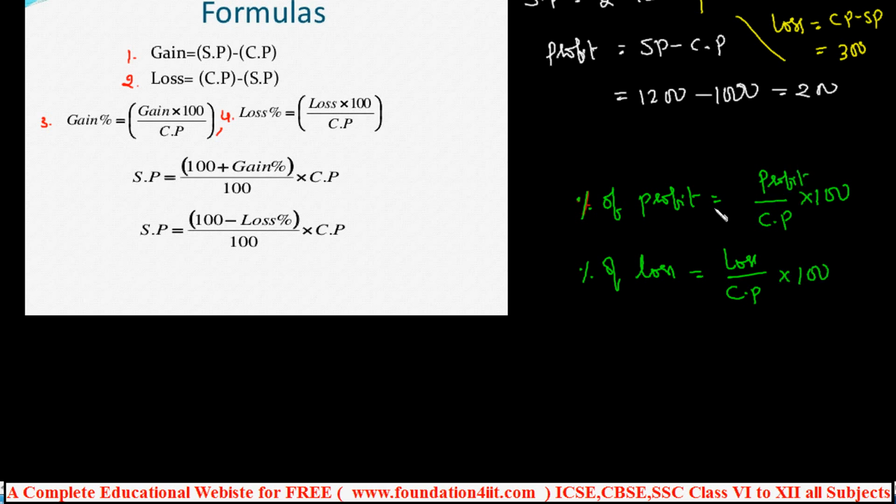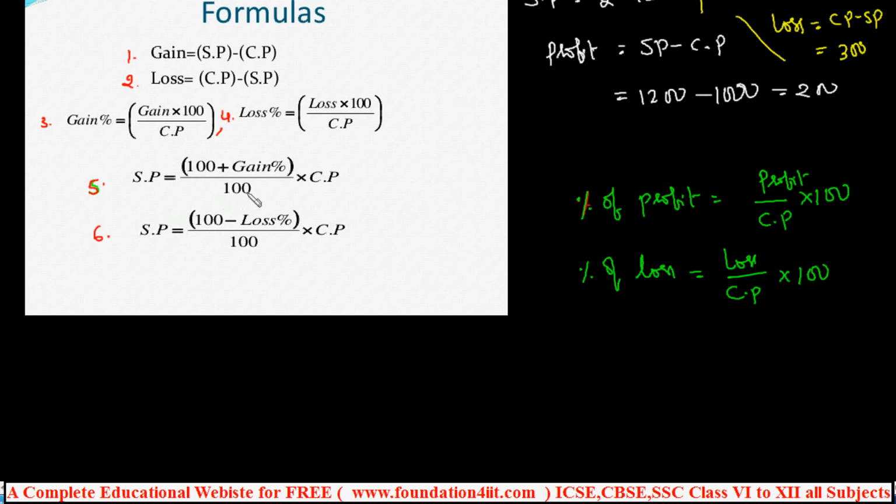Even to find out the percentage of profit or percentage of loss, the cost price must be the denominator, because based on the cost price, based on the purchasing only, they will see the profit or loss according to the selling. That's why cost price is the first thing. So profit by CP into 100 or loss by CP into 100 to find out the percentages. And the relation between selling price and cost price along with the gain or loss percentage. These are the two important formulas, the fifth and sixth. Using the fifth and sixth, we can write another two.